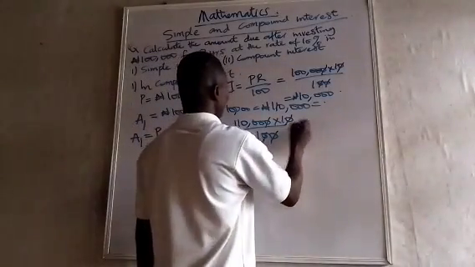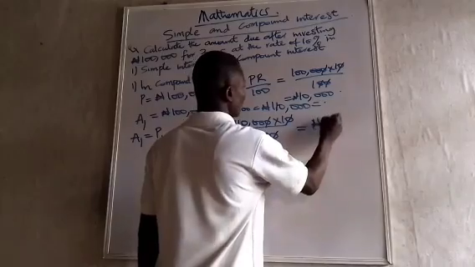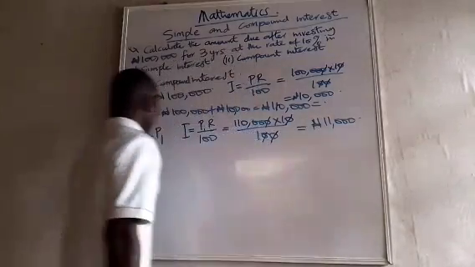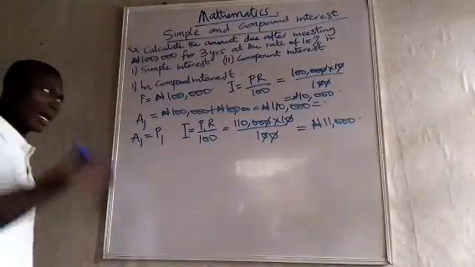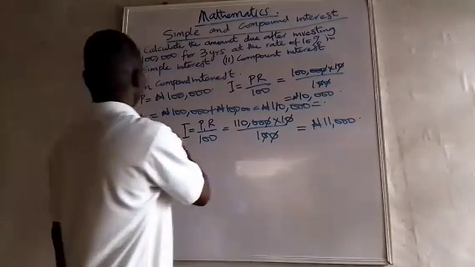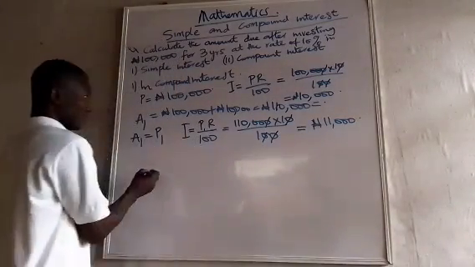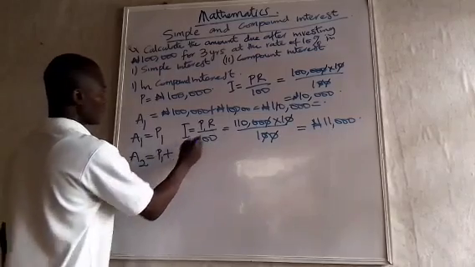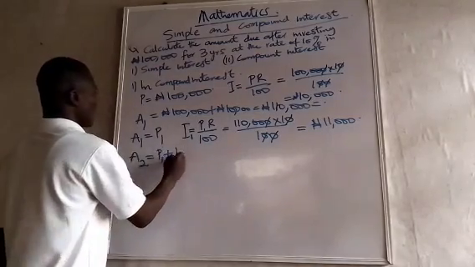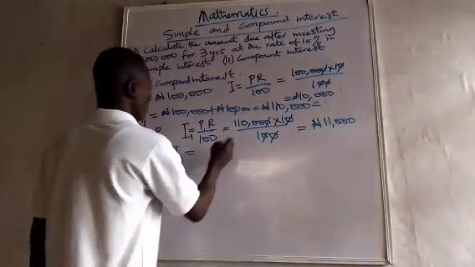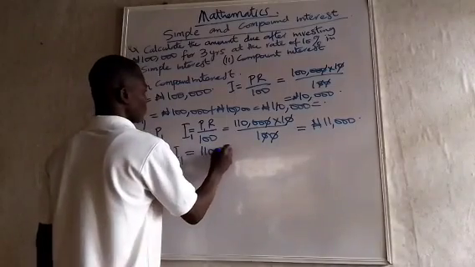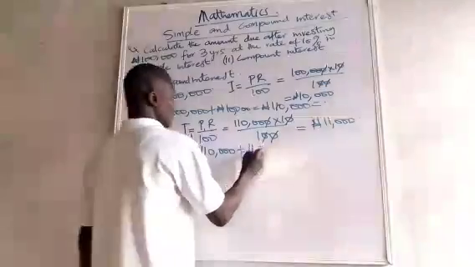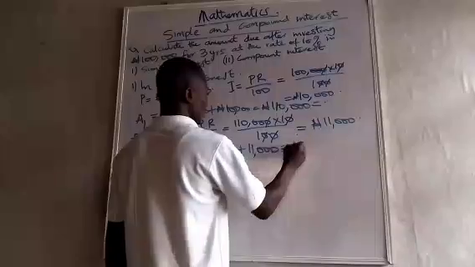And that's going to be 11,000 naira. So what does that imply? It means that the new amount at the end of the second year is going to be P1 plus, let's call this one I1 please, I1. And that's going to be 110,000 plus 11,000. And that gives us